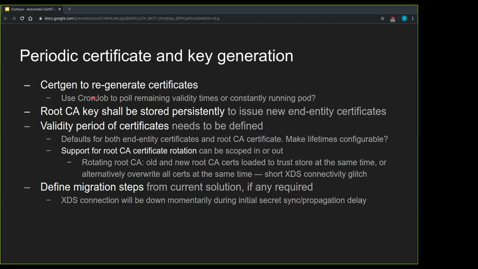So firstly, of course, there is the problem that we need to decide how to regenerate the certificates. That could be, for example, a cron job or a new pod that would be constantly running, having an internal timer and checking the remaining validity times. Then the second thing I can imagine is that the root CA currently is discarded after the initial creation of the certificates, and now when there needs to be